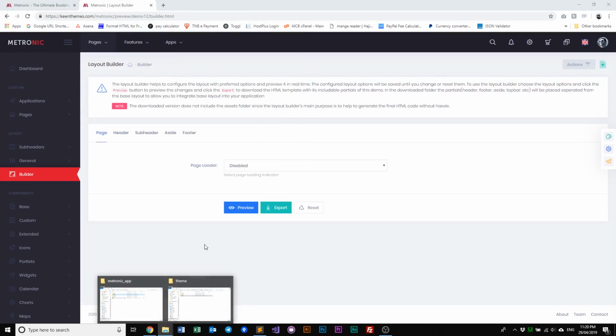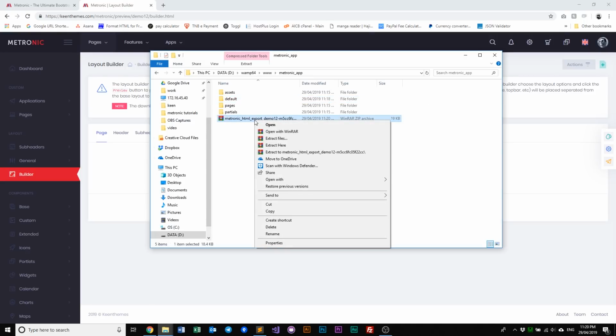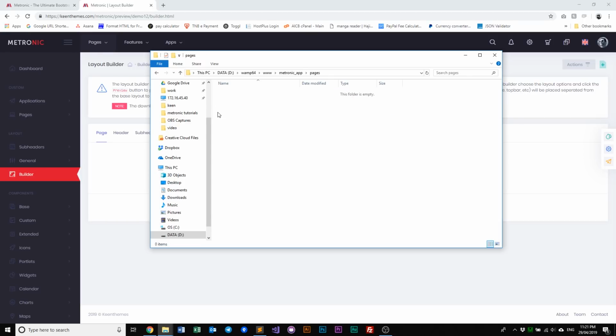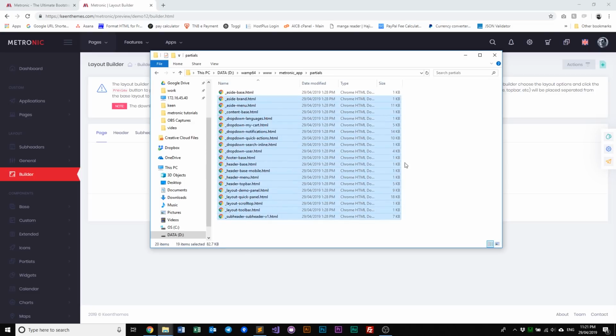It's done, and let's look at our project, and all we have to do now is just extract it right here in the root. And once the file is extracted, you will see the layouts.html and index.html here. And if you go into our assets, nothing is still there. That's fine, because we haven't compiled our assets yet. Our pages is still blank because we still haven't created our pages yet. Now in our partials, we see all this, which is from our layout builder. All these are basically the layout files or layout source or configuration, or basically the HTML code for the layout. So now that we have all this,